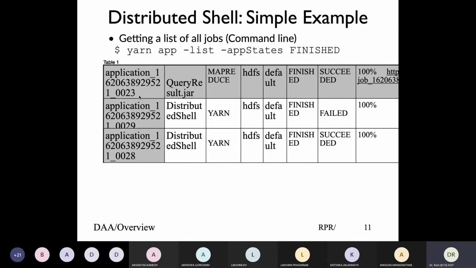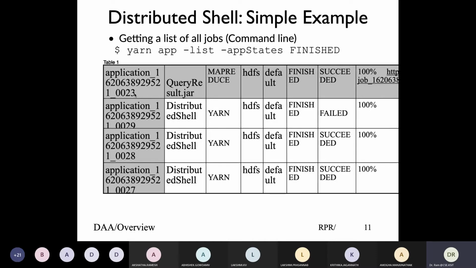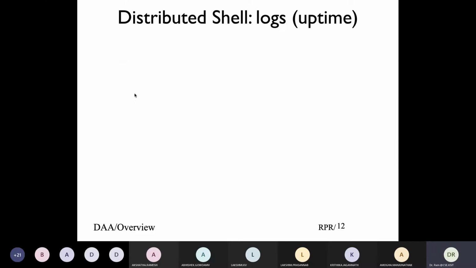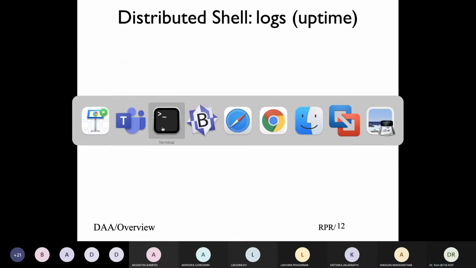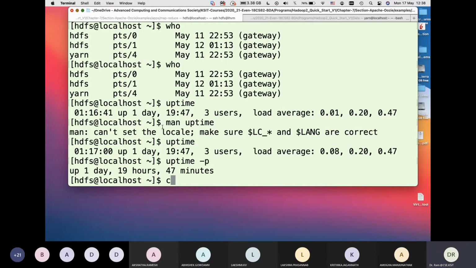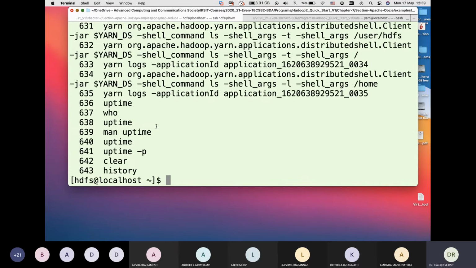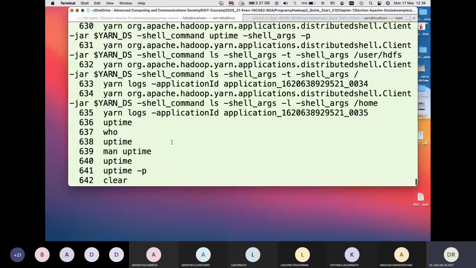And this is the ID that we need to worry about. What is the application ID? Because if I need to look at the logs, that's the application ID that I need to use to get into the logs to know what my output is. So let me run some commands, look at the output, and then look at things.